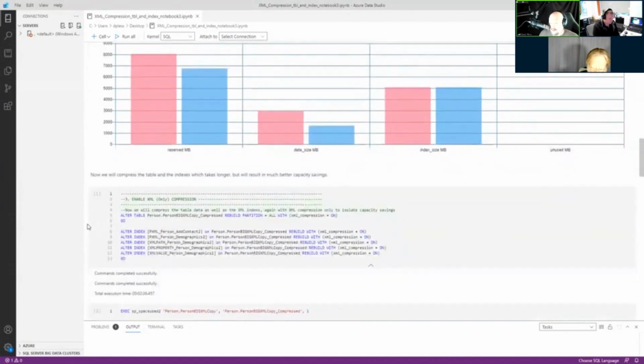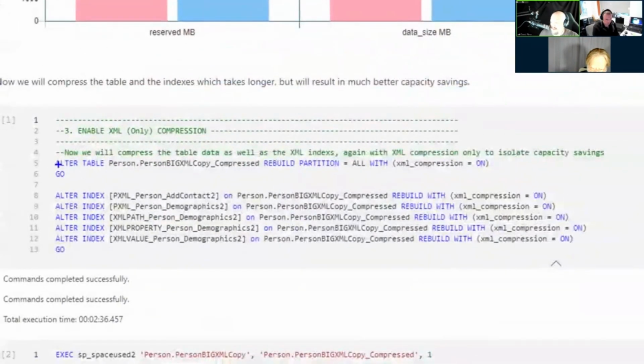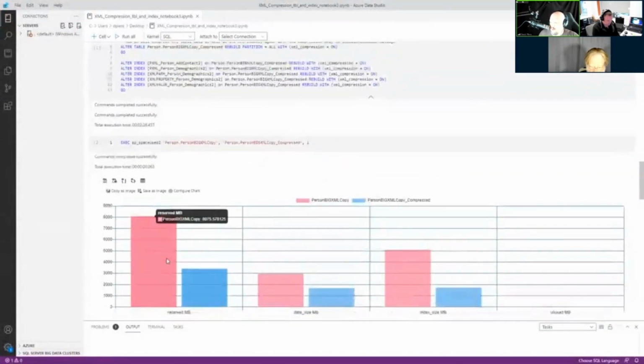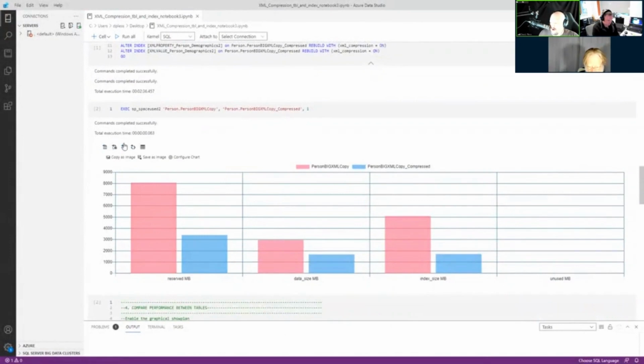Now I'm going to revisit and go after the indexes. I ran this again, but really I'm going after these 5 indexes, and only with XML compression. Now, when I use that custom stored procedure I created, take a look at the savings now.